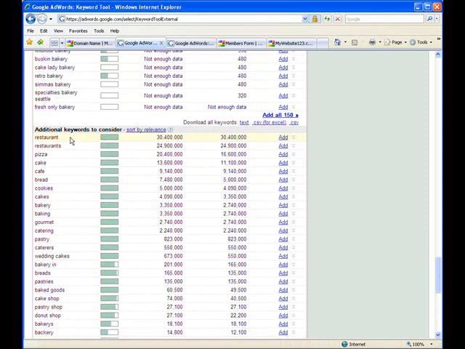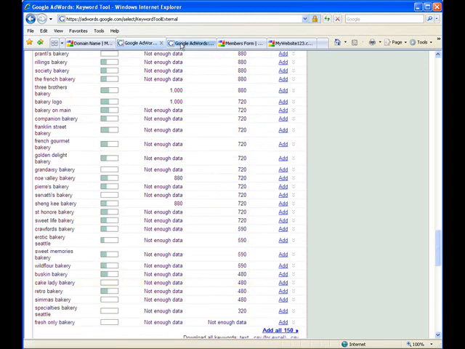Alrighty, let's go back to our website. So let's say we've chosen Odessa Bakery. We'll go to the next step, step 3, select a web template. Here we have a listing of all kinds of